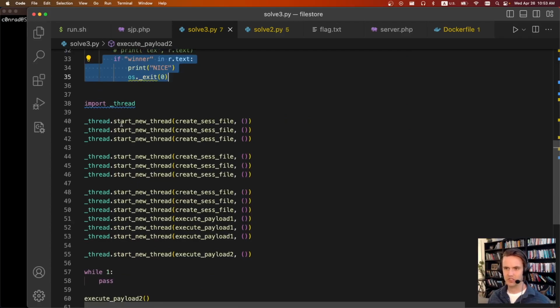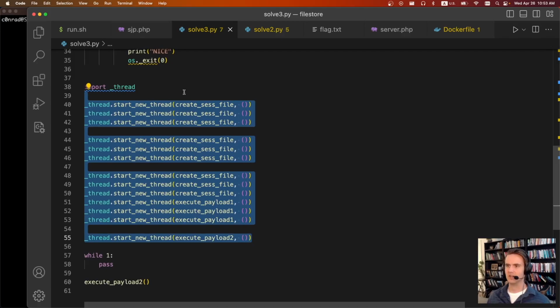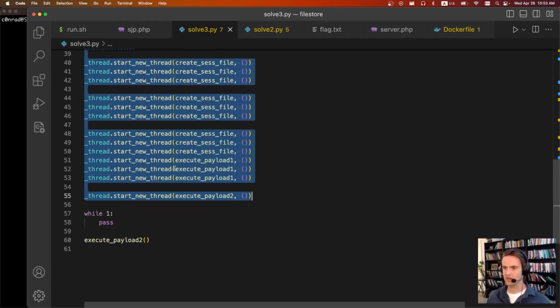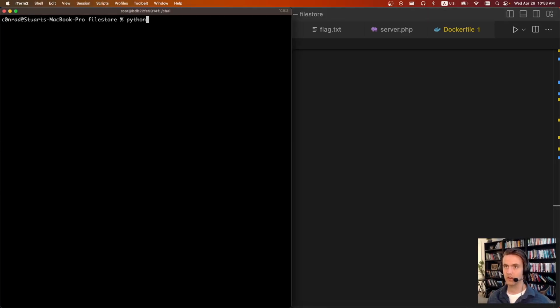And so we just import thread. Since Python 3, there's a better way to do this. I was just being lazy. We started a bunch of threads that all create that session file over and over and over, and then we have a thread to verify and execute that backdoor, and then one to check to see if the backdoor actually exists. And so if we run this, python3